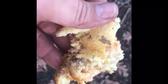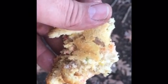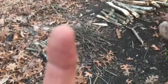So the bannock didn't turn out quite like I expected. I think I flipped it too early. It broke apart. I got it back on some more heat over there. We'll see. But it tastes good. Later. This is why I need practice,